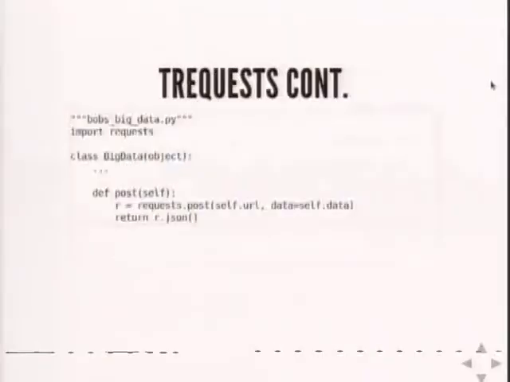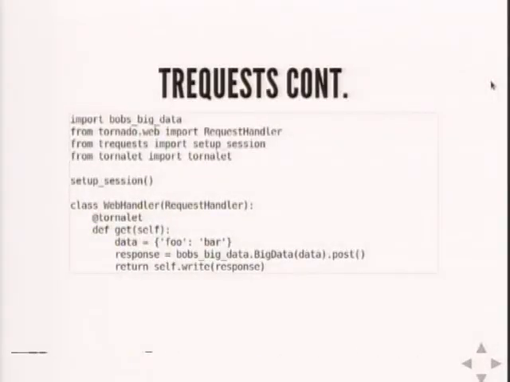As an example, imagine there's lots of code here, and it does lots of complex things, but its underlying point is that it eventually calls requests.post to some external service and returns some JSON. So that's going to block inside my Tornado thread. I don't want it to. So I import my setup session from T-Requests, which is pretty much all you need. Call it. It does have the ability to override various options, but I'm just going to use the default. The default basically says every time requests is used, I'm going to use this.